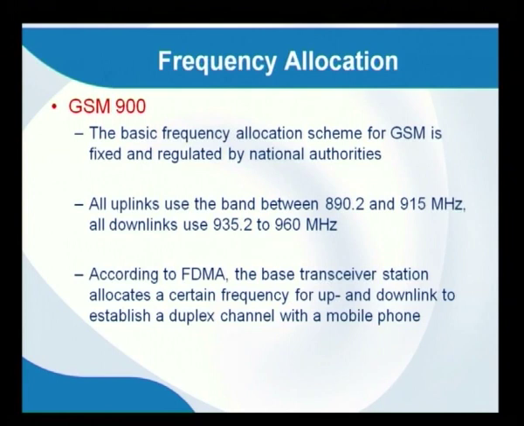So, here in GSM 900 the duplex channel is allocated. We will learn what a duplex channel is. FDD is another term, that is frequency division duplex. Here the channel should be allocated or assigned between the mobile stations. We already learned that the uplink is connecting the mobile station with the tower and the downlink is connecting the tower with the mobile station. So, at the same time two channels have to be allocated. Now, FDD is the method used to allocate the duplex channel.